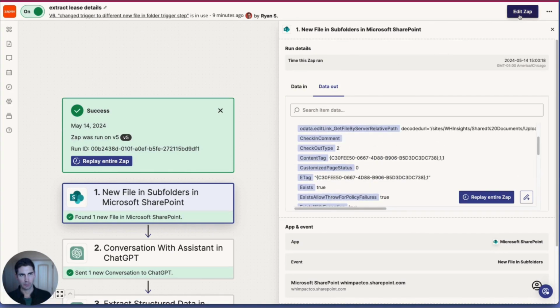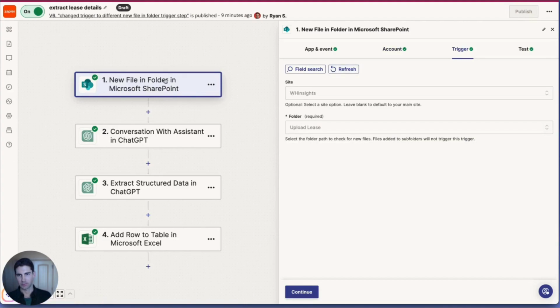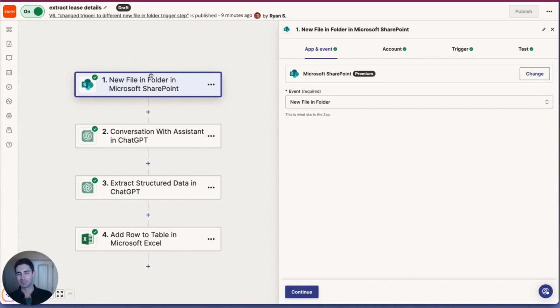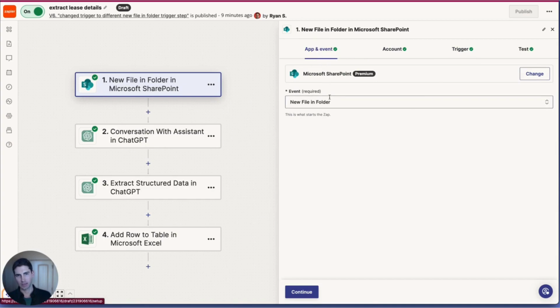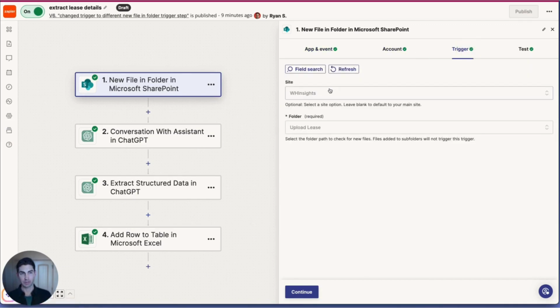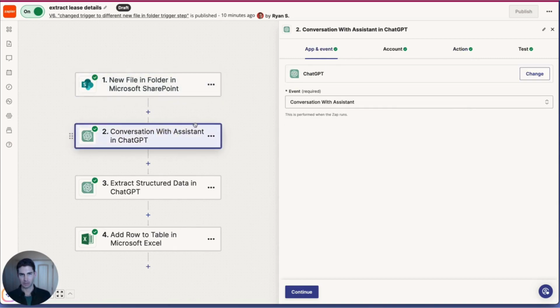actually, I'll hop into the edit mode itself. That's a little more user-friendly. That's what you're going to see whenever you set up the account. So setup's still the same, but walking through the steps specifically. So whenever you path to your site, the trigger that I have is the new file in folder. So go ahead and select that, then map to your account, then set up the trigger step, map to your site, map to the folder that you want to watch, and then the second step is where we use the